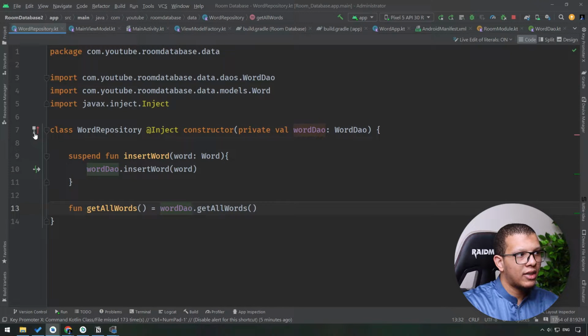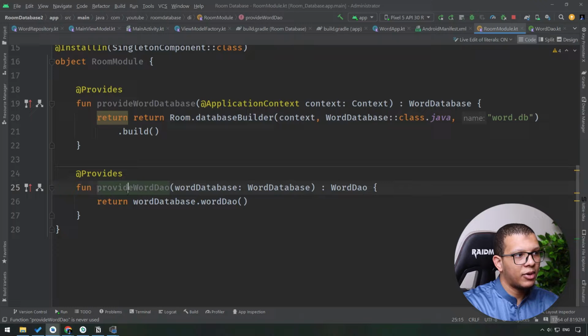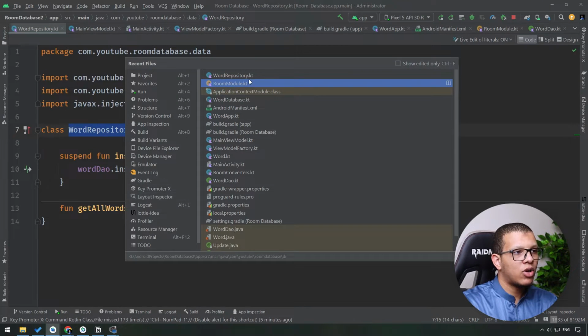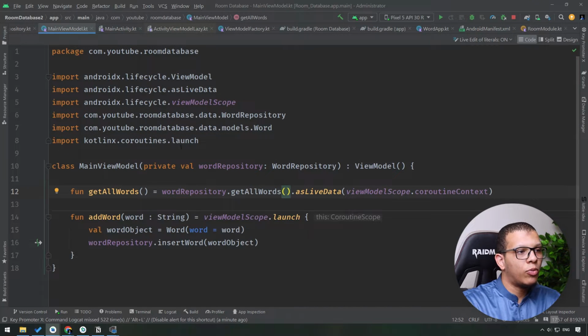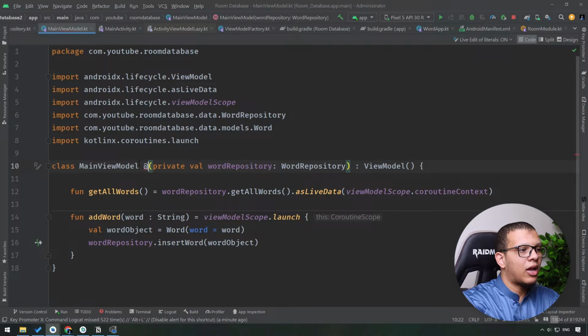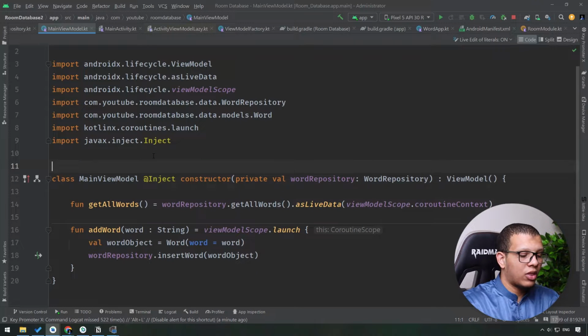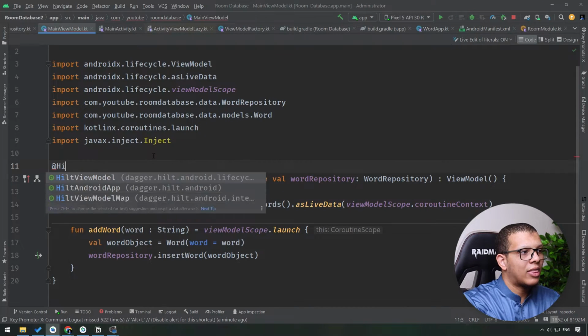Now, from where we are getting this DAO? We are getting it from here. As you can see, this one is providing to this one. Now, where we want to use that word repository, we want to use it inside the ViewModel. Now we can go to our ViewModel here. To use that ViewModel with the word repository in order to inject it here, we'll simply have to do inject and constructor. Well, with Dagger, there is an extra setup to make the ViewModel working, but with Hilt, we have simply to annotate it with the Hilt